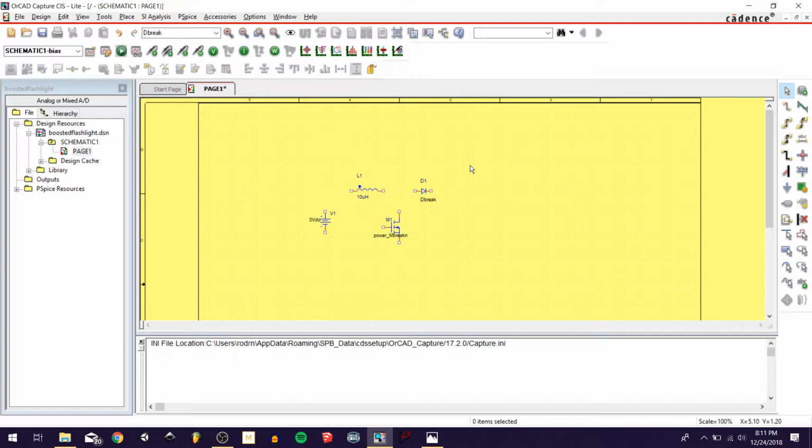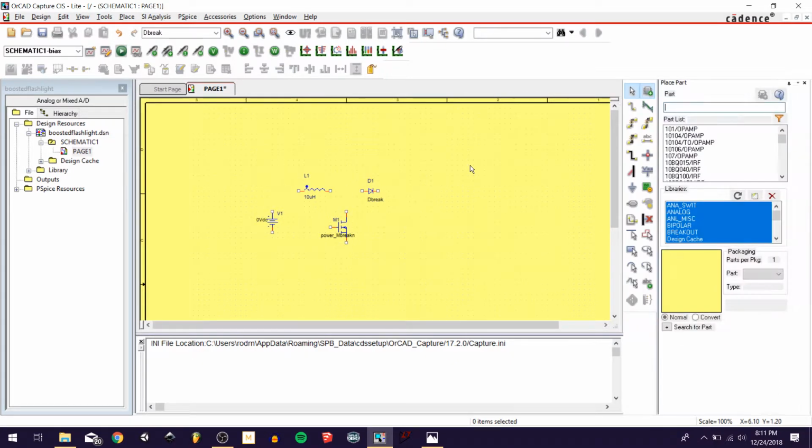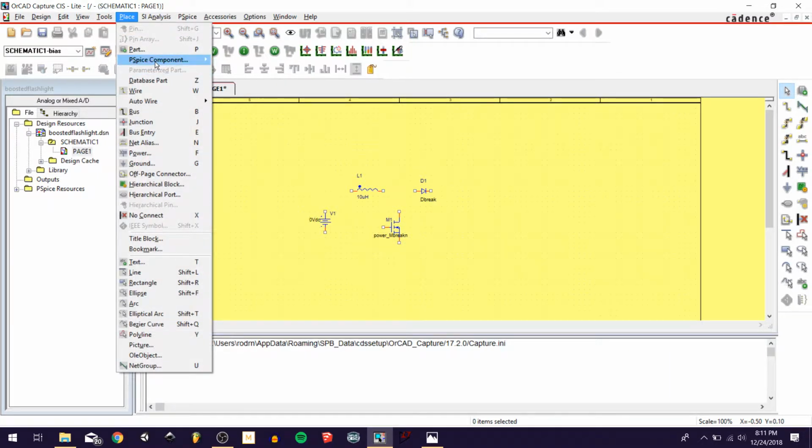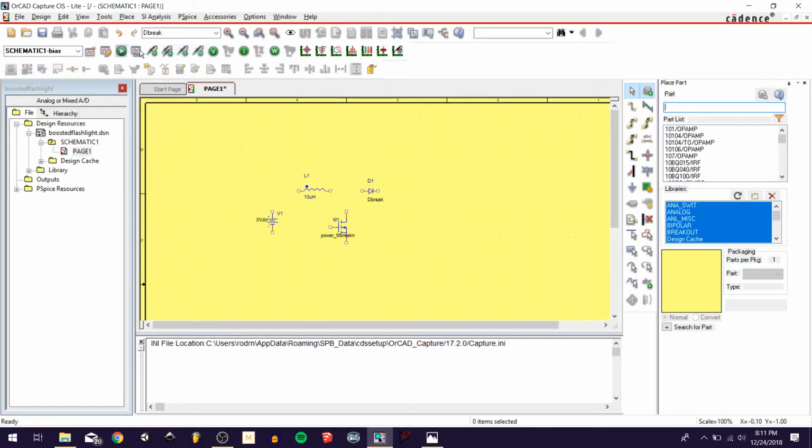Now I'm going to show you a different way to grab parts. Another way is to hit the letter P on your keyboard to open up this parts menu over here on the right. I'm going to close that. I think you can also open that by going to place, part. You can click on this and open this up. This is pretty good. It allows you to search for,